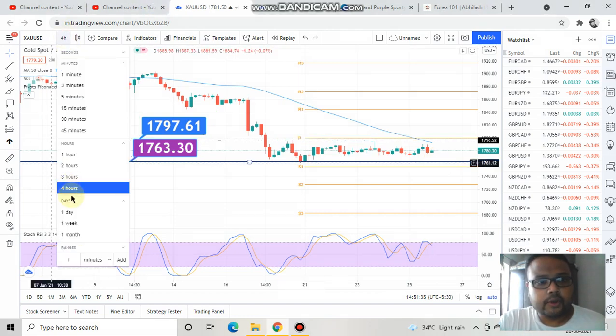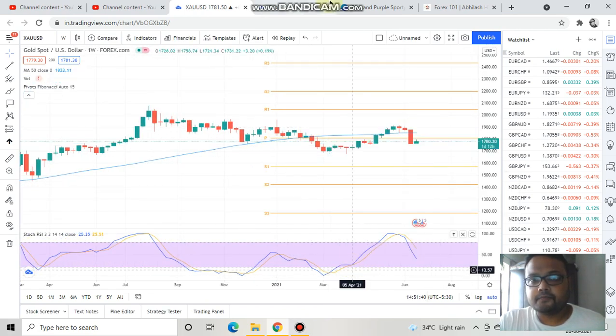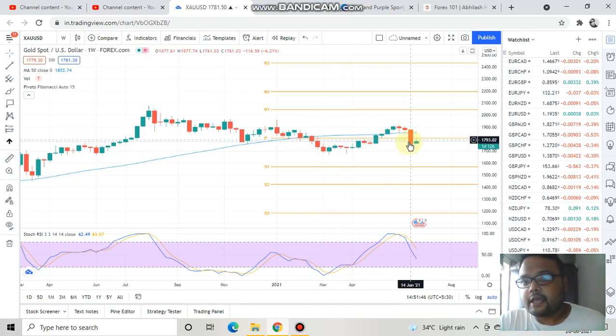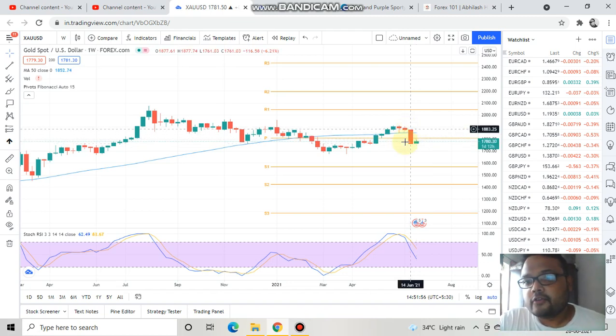And if we switch to the weekly chart once, we remove the drawings. In the weekly chart also, we can see that the market is trying to recover from this particular point here. And the only good thing about this chart is that after this huge sell-off, from this huge red candle, the market did not cross the closing price. Rather, it tried to recover from the closing price of this red candle. Therefore, the market is trying to form a temporary support here